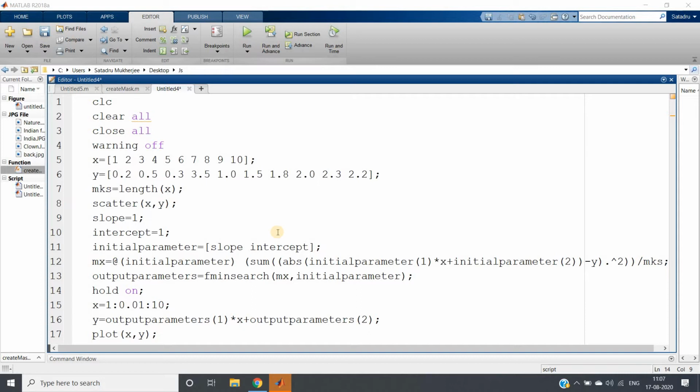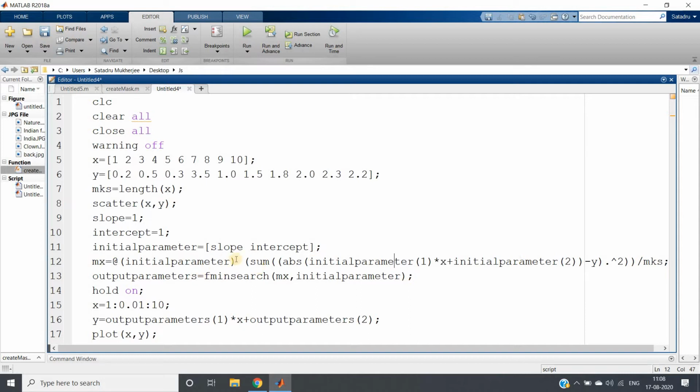I am going to show you how you can implement fminsearch for minimizing a function where the function is stored in some other M file. For this demonstration I have taken my previously used linear regression code, where we tried to find the m and c values using fminsearch. As you know, in linear regression our aim is minimizing this, which is nothing but the mean square error. Now we are going to write the same mean square error function in some other M file.